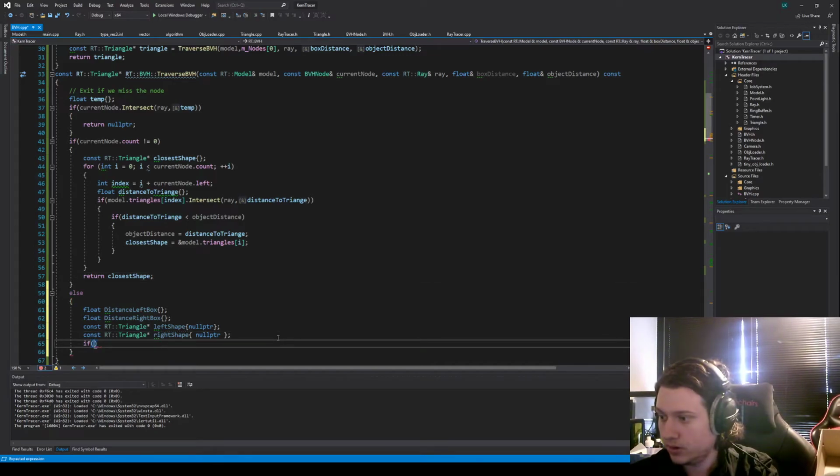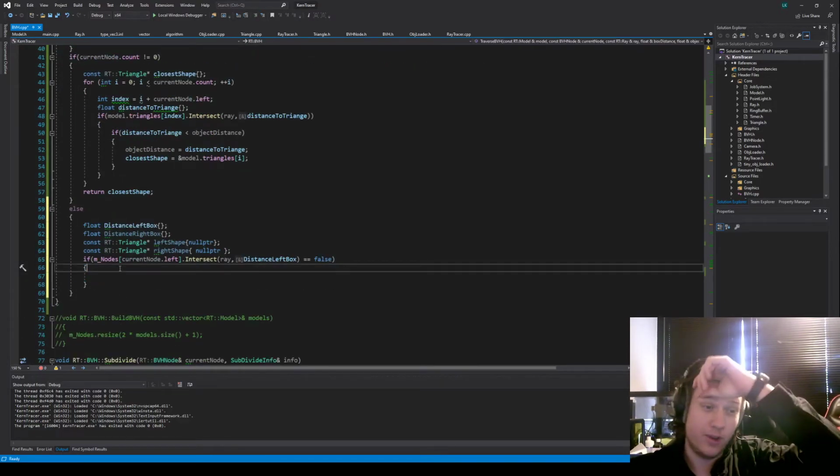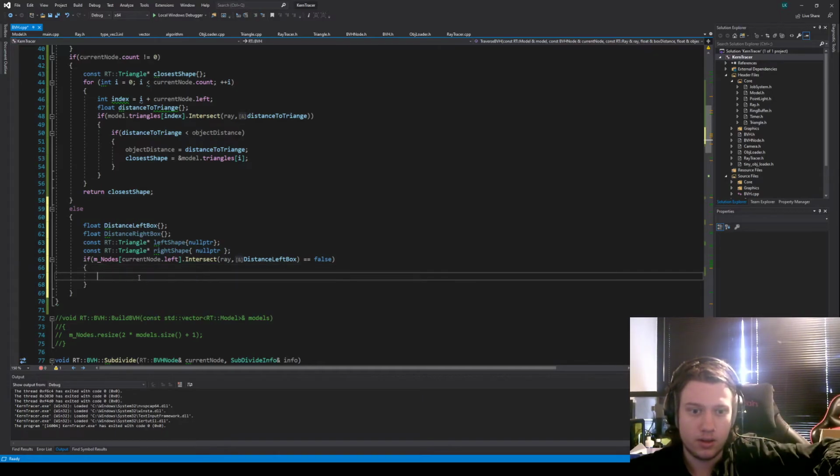if m.nodes dot current node dot left dot intersect ray distance left box. Then right. So if it's false, we ignore it. No, do I need to? Right, let me double check this. Right, no. So